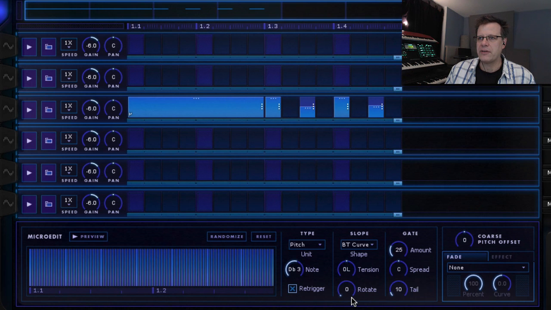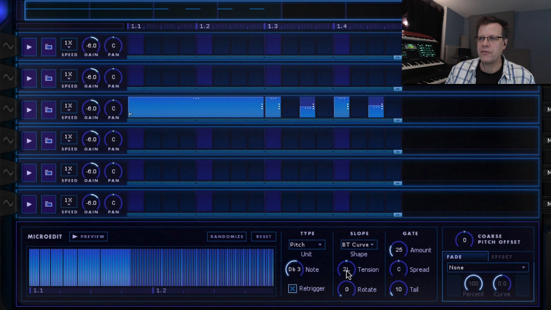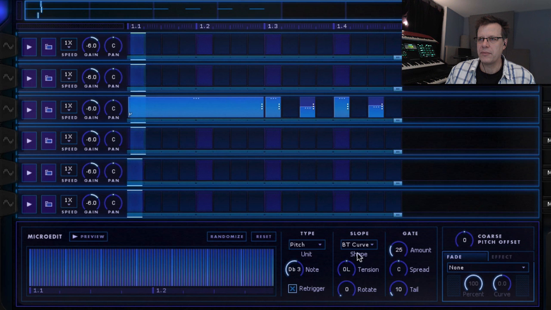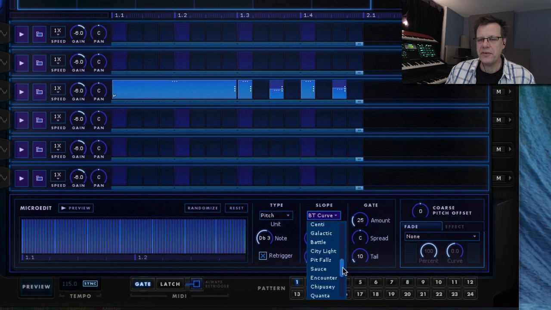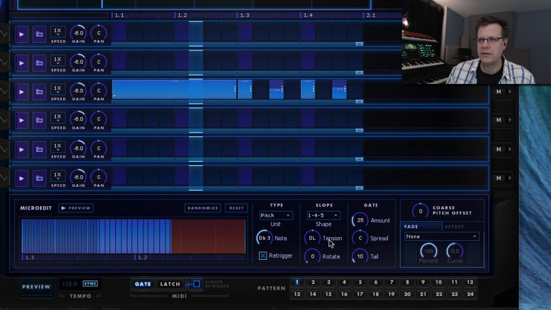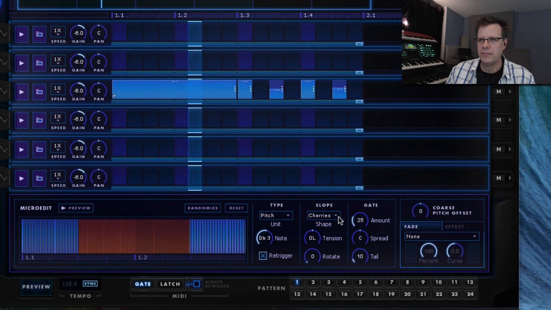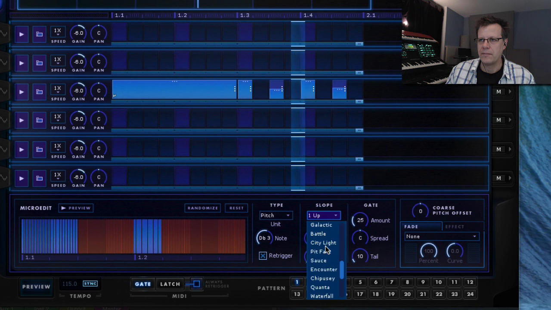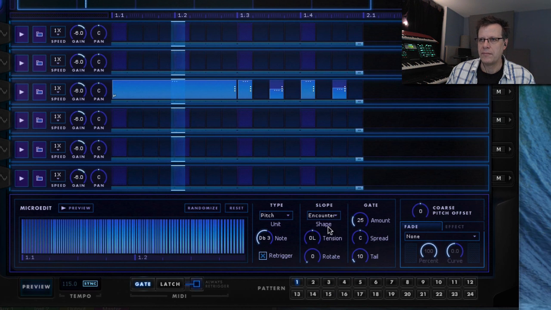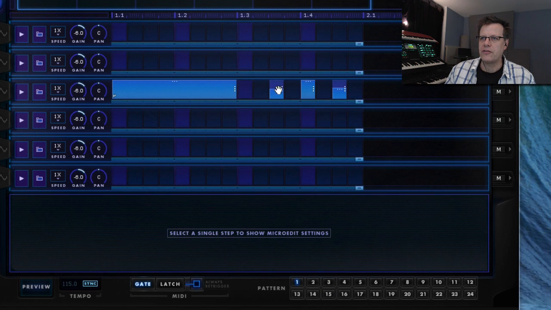But what's cool is if you actually go digging here, you'll find, let's see, no tension. So there's all these different types of curves, and some of them do some really unique things. Different melody things. And so if you made this the full length,